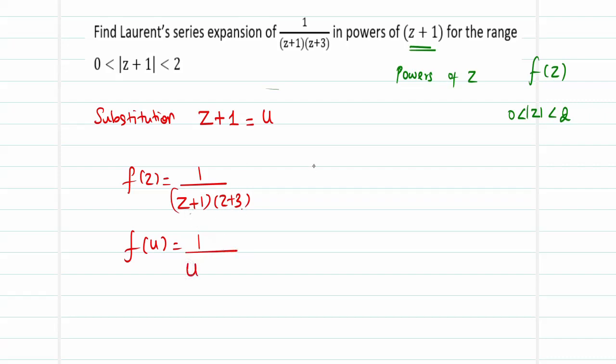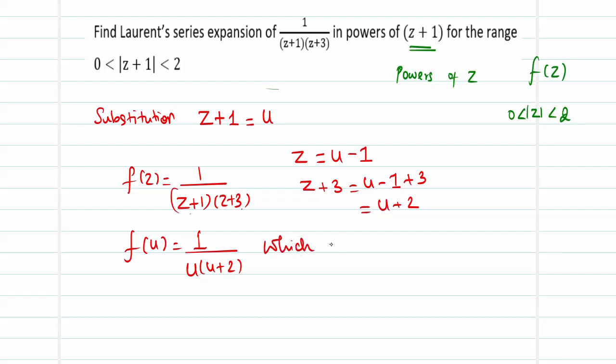And what about z plus 3? z will be equal to u minus 1, so z plus 3 will be u minus 1 plus 3, which makes it u plus 2. So the function of u will be 1 divided by u into (u plus 2), which has to be expanded as a Laurent series